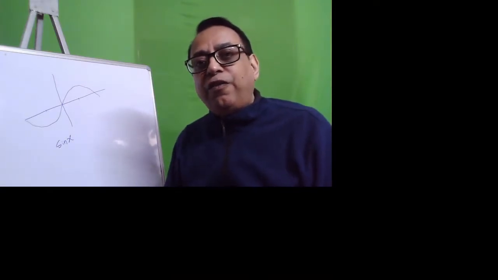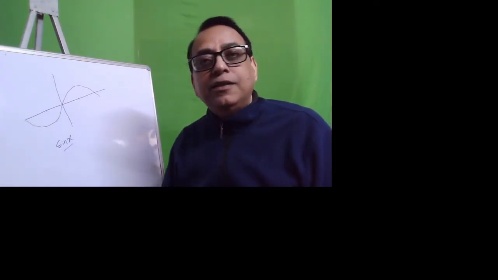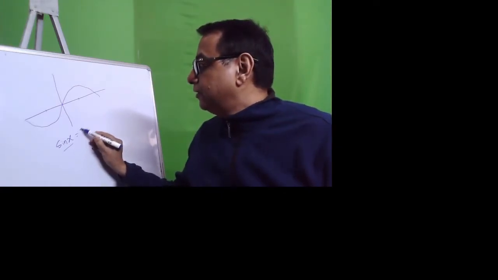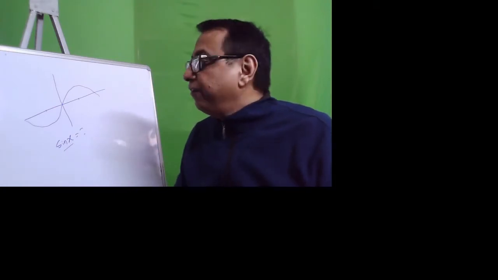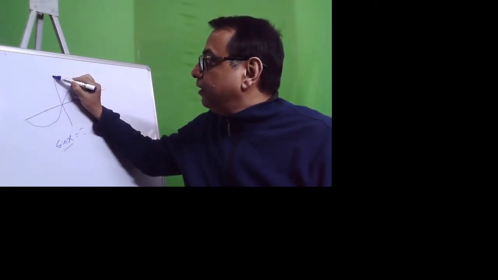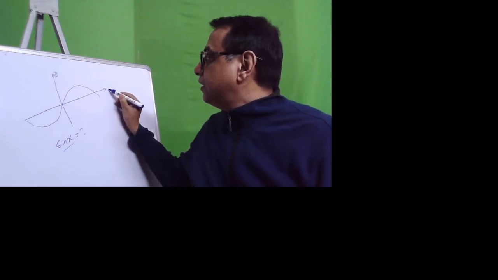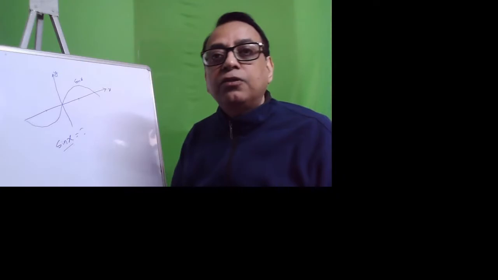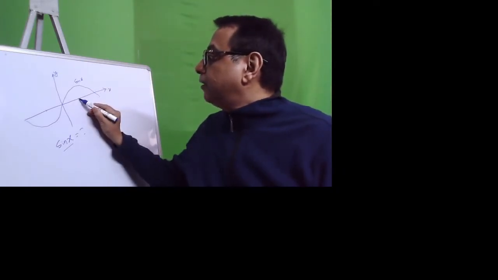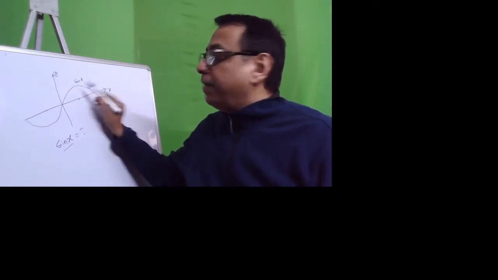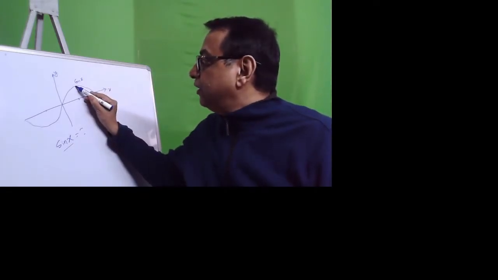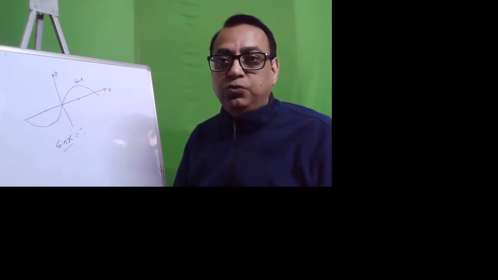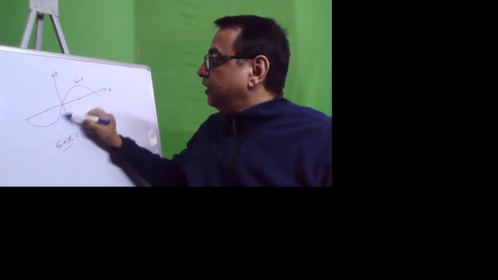So what kind of function is sin x? Is it an odd function or an even function? If you put the graph of sin x, you will see the graph will come like this. This is the y-axis, this is the x-axis, and this is sin x. At 0, sin x will be 0, and at pi by 2, it will be maximum, which will reach plus 1 here, and when it is minus pi by 2, it will reach minus 1. So this is the sine curve.